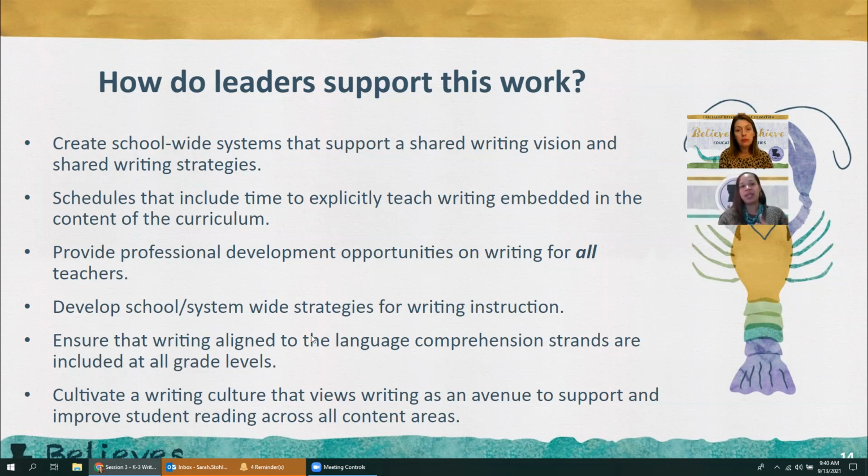So I really enjoyed this session today. I think this was my favorite one so far, of the writing series that we have done. And I look forward to those subsequent sessions as we build our ability to support students in writing as we build their ability to read. And as those strands become braided, as leaders, we're able to have a good understanding of what support looks like in both of those areas.